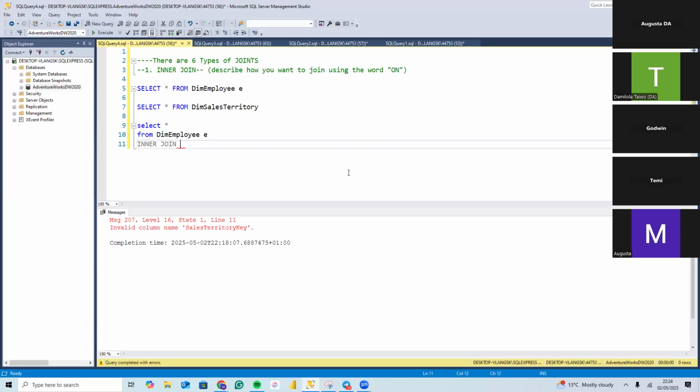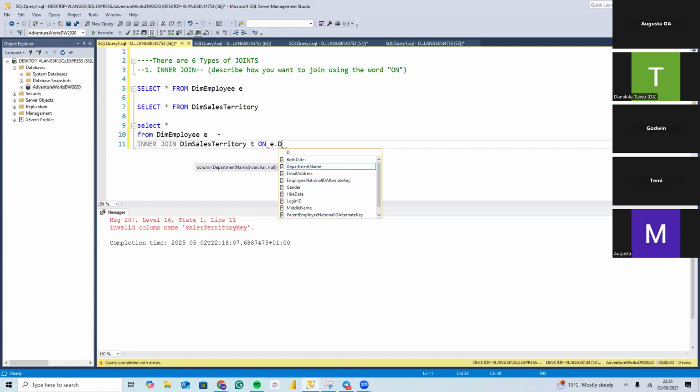Inner join dim sales territory T. You can just select dim sales territory, give it the alias T, again, on E dot